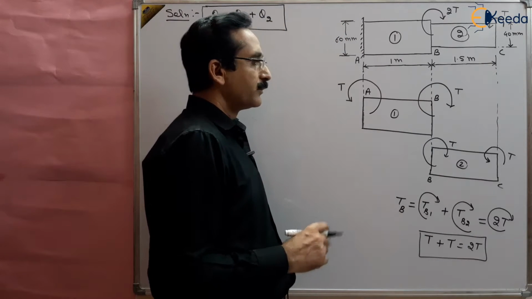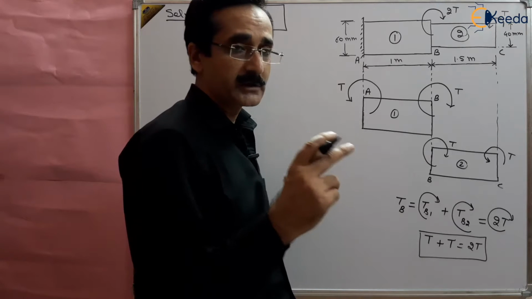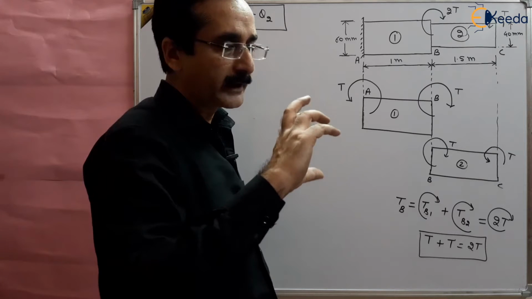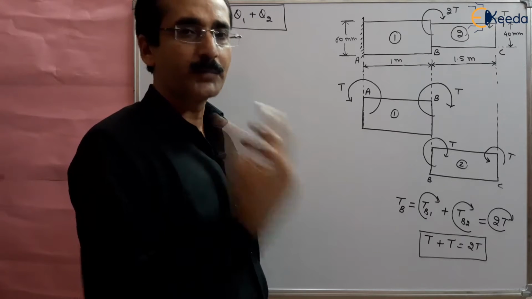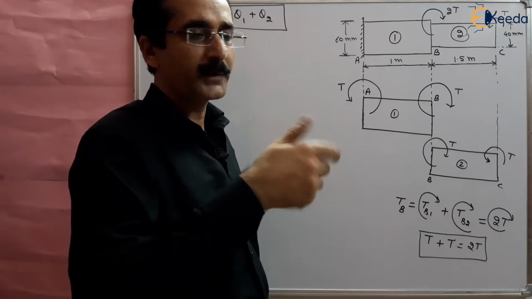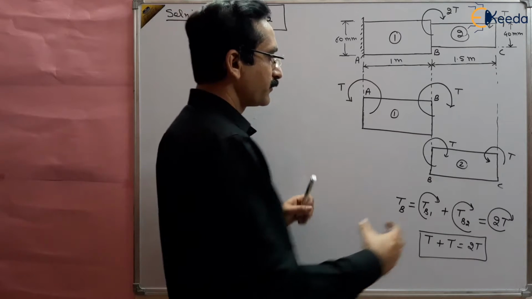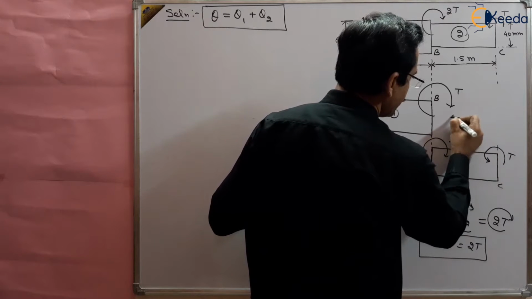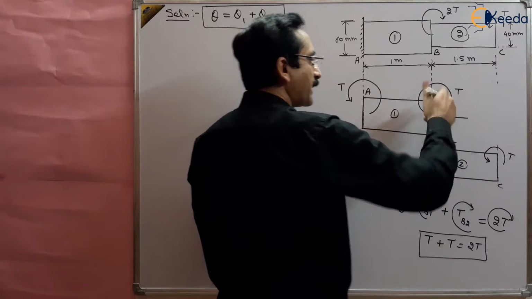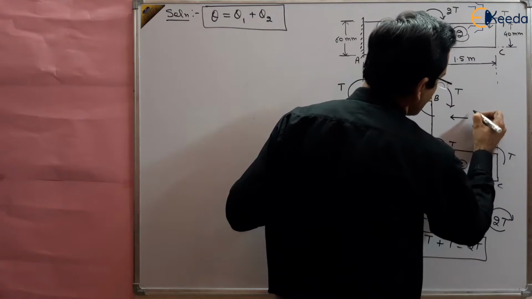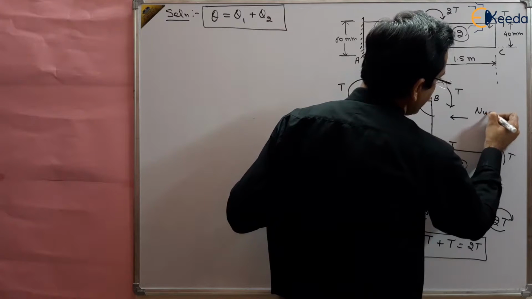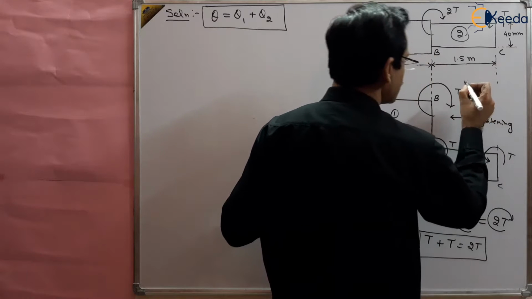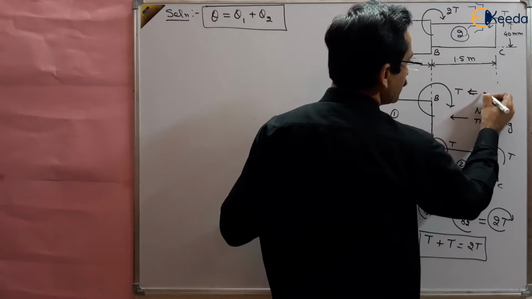So here at C point this is anti-clockwise, here it is clockwise. Now remember the sign convention. If the torque is tightening the nut, it is taken as positive, and if it is loosening the nut, opening the nut, this is negative, right? When looking from this side, this is clockwise, so it means it is tightening the nut, so it is positive torque. So this torque is positive.